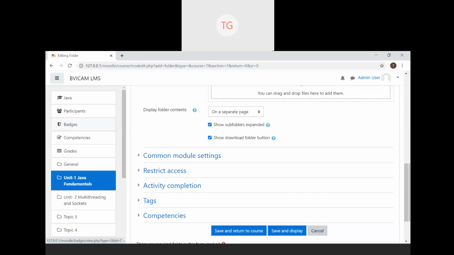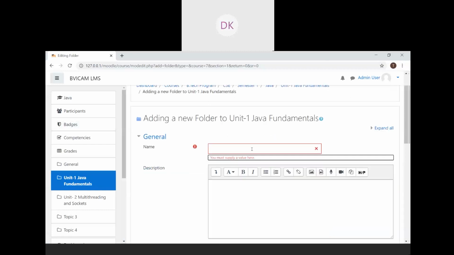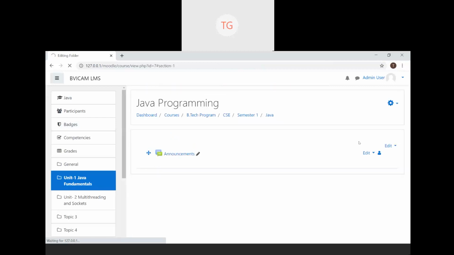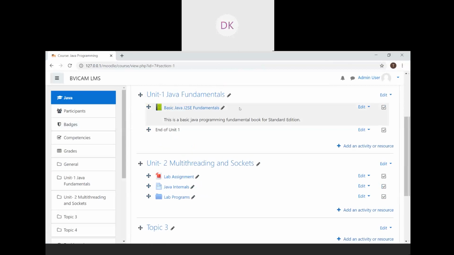Ma'am, actually, I'm working on this on-premise installation. I am not able to see what you have shown, that addition of chapters and sub-chapters option. Where can I find it? That is what I'm resolving because I've got an input. Just give me a minute, sir. No, ma'am, it's not on cloud. I'm just working on the on-premise.